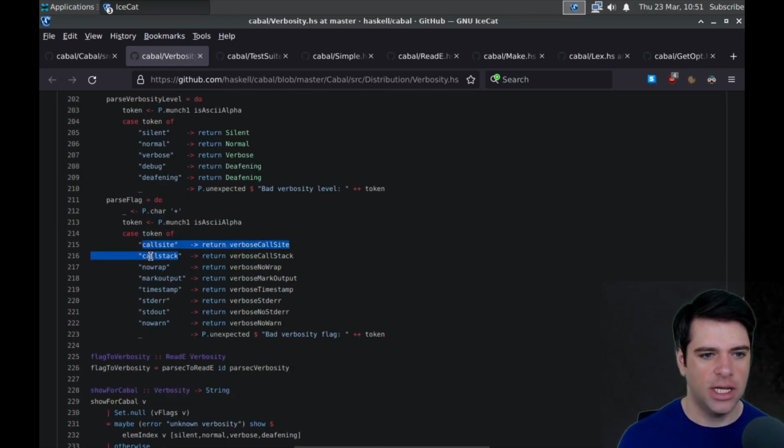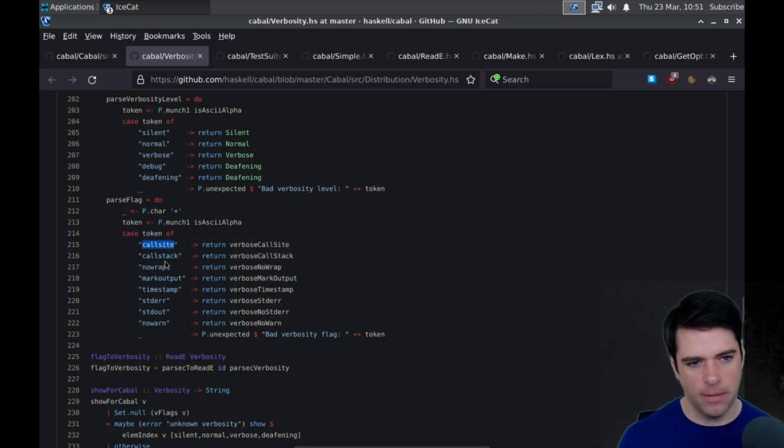See things like call site, call stack, no wrap, so token. Somehow we're going to tokenize stuff, and the tokens can have different, I was going to say types, but these are just strings. Return verbose call site.